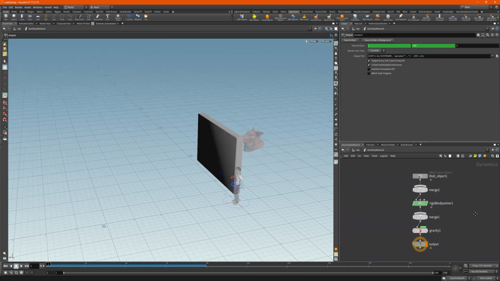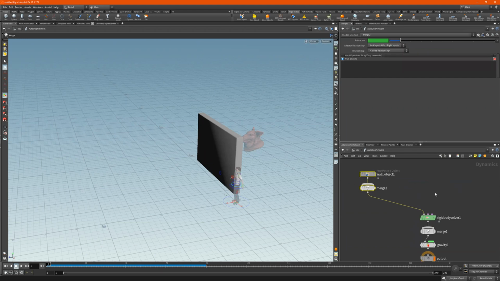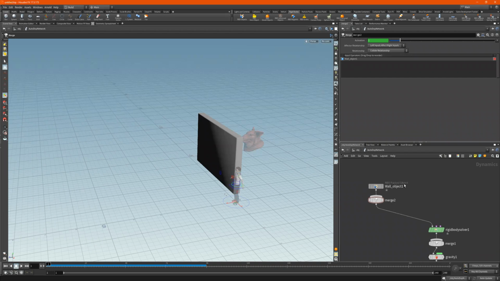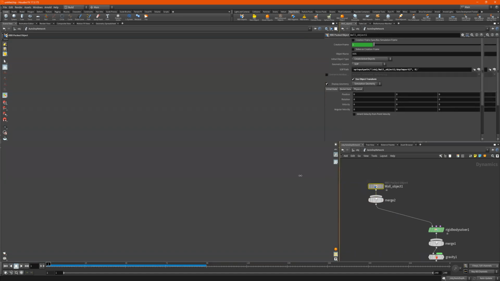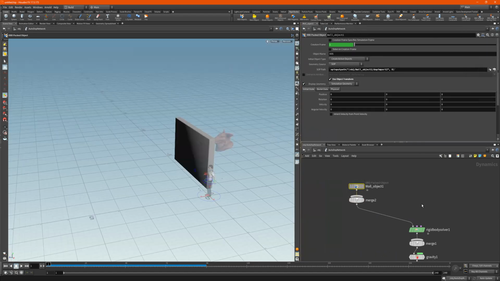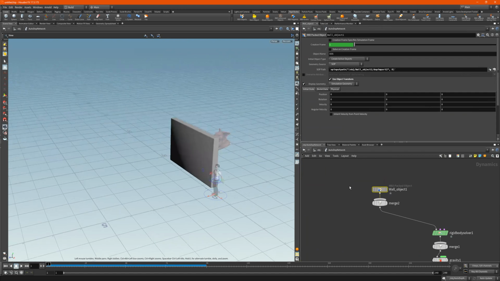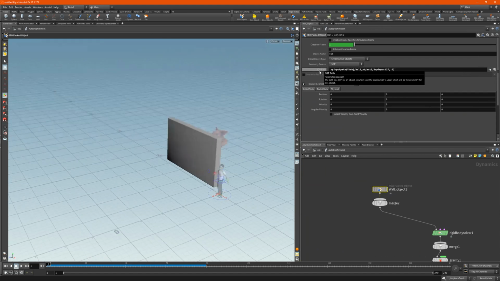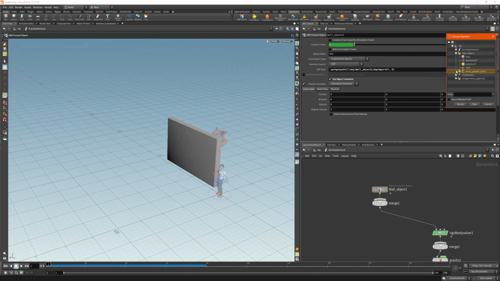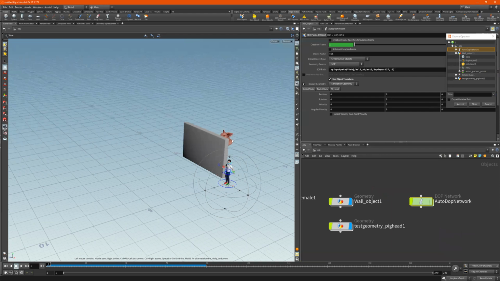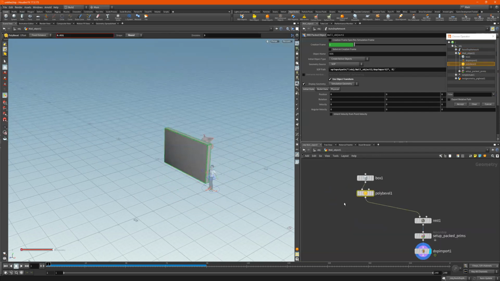So let's go inside, right? And actually, I'm not 100% sure because you all are using a newer version, so it might look a little bit different than this. If it does, let me know. But let's just look at what this is doing, right? This says wall object, so this is pulling in this object. If you see right here where it says SOP path, if I click on this, it's going to be that packed primitive that was the last node over here. So if I go to wall object,